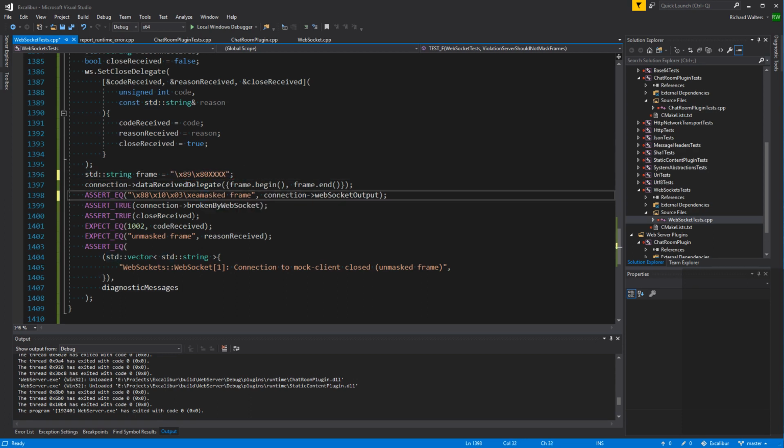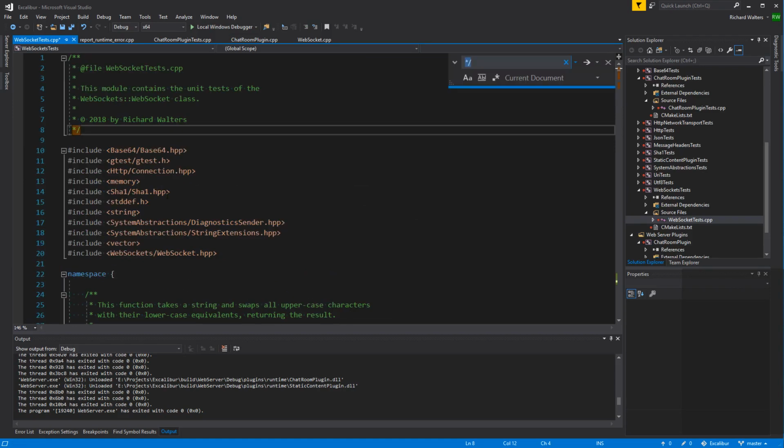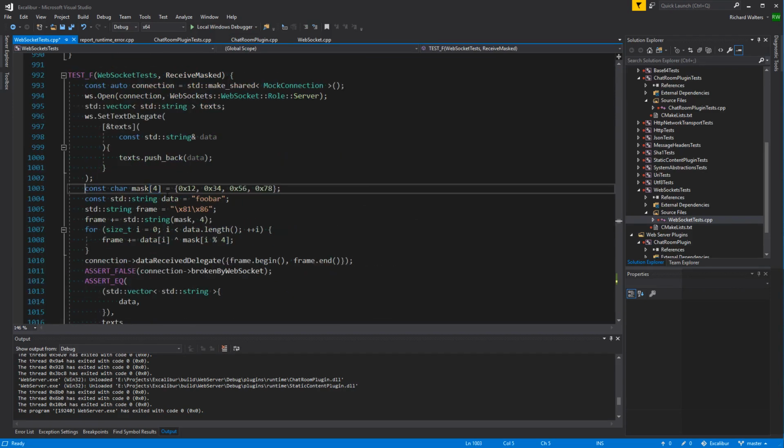And then we'll say masked frame. That's 2 characters less, so that's E. Oh, we have to mask it, don't we? Mask, and then we need to mask the error, so something like this.